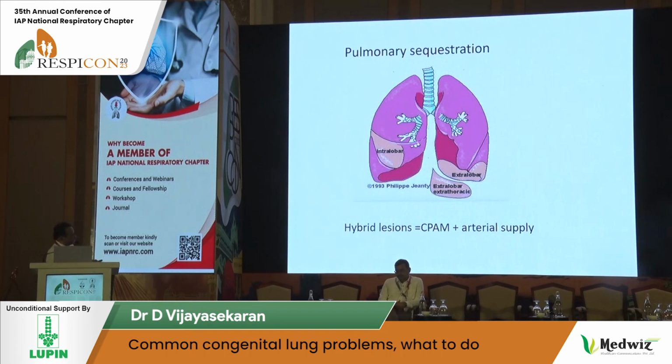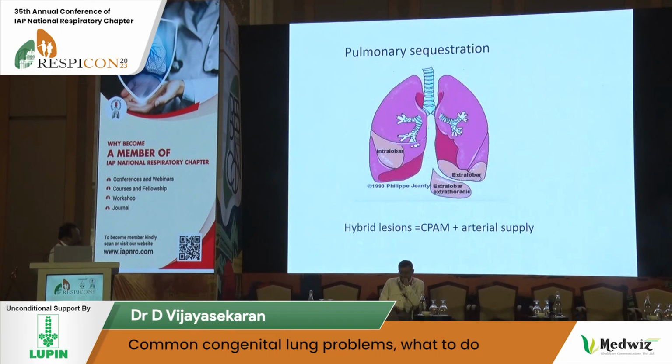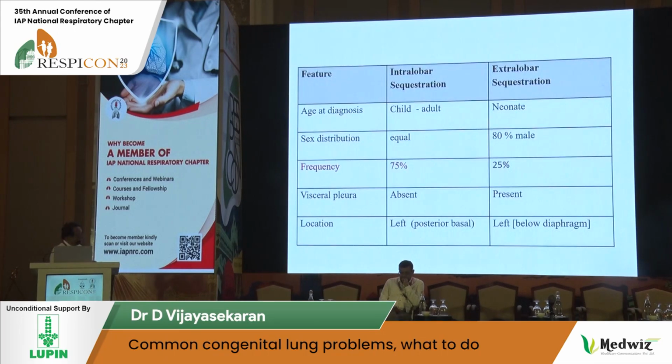Actually, sequestration is of 2 types, intralobar. It doesn't have a separate pleura, okay? Whereas extralobar has a separate pleura. And I think this knowledge is very important, nowadays hybrid lesions are also getting reported. We have to have adequate knowledge about that. And coming to the intralobar sequestration, actually it's a very common one, but it may present either in the child, even up to adult. But most of the time, extralobar sequestration is presented, diagnosed in the neonate, and